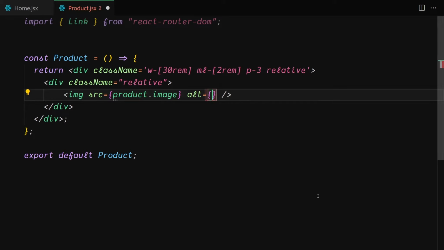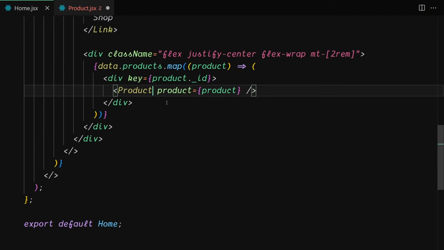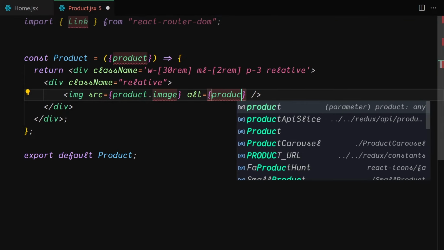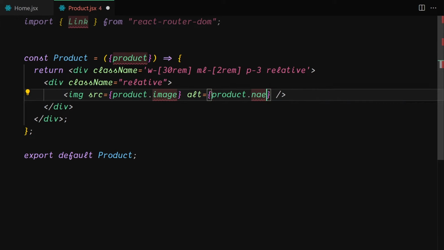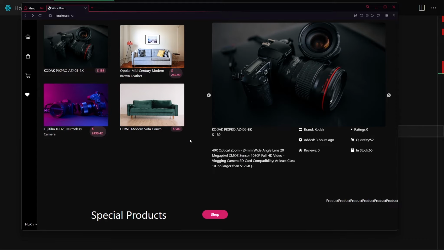And now here in this case we are just interested in getting, oh, that's because we are not destructuring that right here. So let's just destructure that product, which we are providing right here. There we go. So now let's just provide product.name right here. And just a name. I'm going to also provide a class name of width 30 rem right here, and also totally rounded. There we go. So let's just save this file, and I want to see one product with